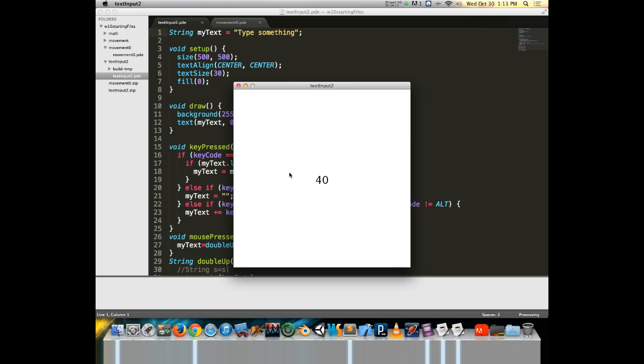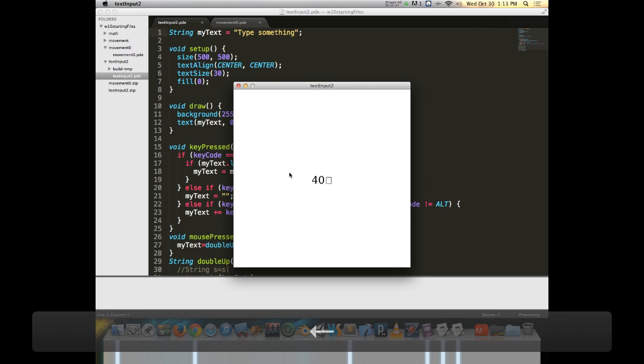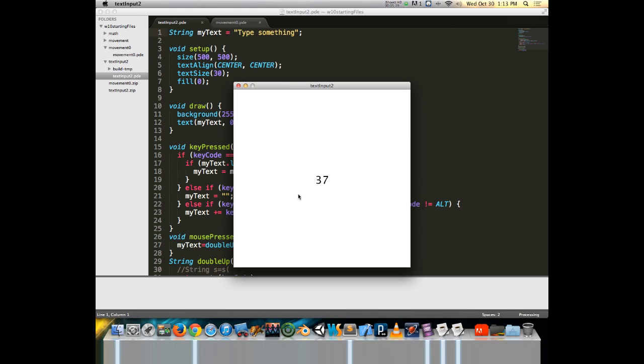And that is a very useful thing because it's possible to now remap a keyboard for different languages, but we have to know what physical key is being pressed and react accordingly to that. So with this, if I press the left arrow key, the key code for left arrow is 37. And we will be using that because we're going to make a little vehicle that we can now move around